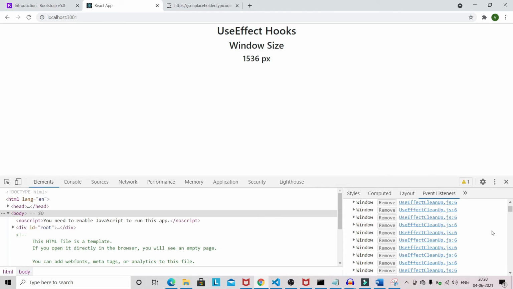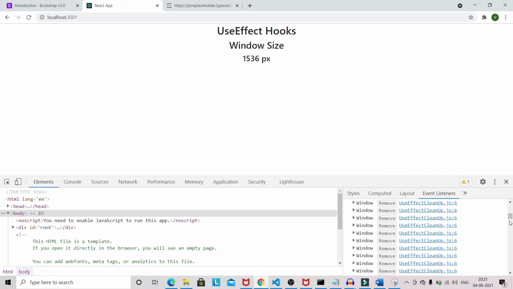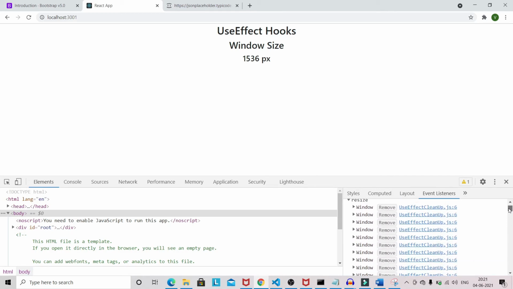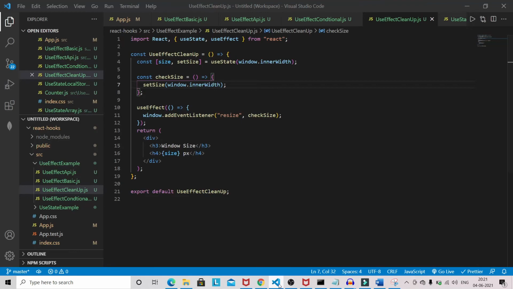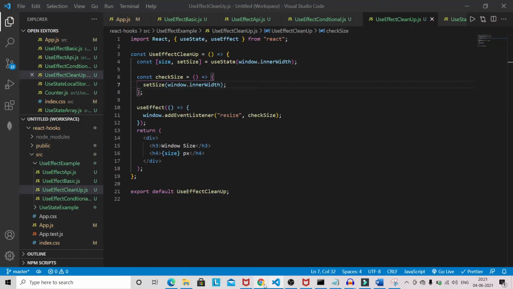It's like an infinite number of times. This is not a good practice because in a bigger application we might have a memory issue, and this approach is causing a memory issue. So to avoid the memory issue in an application, we have to use a cleanup function. So we can use useEffect with a cleanup function.